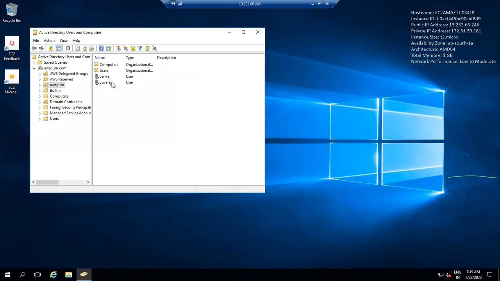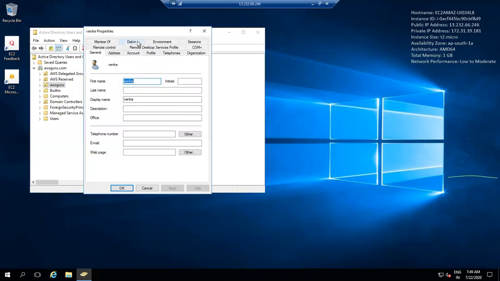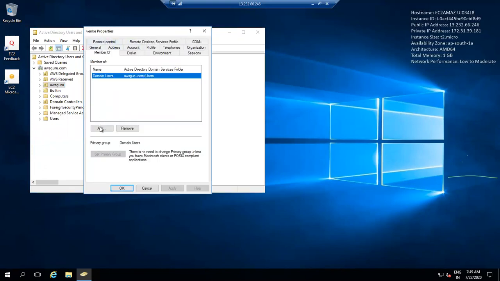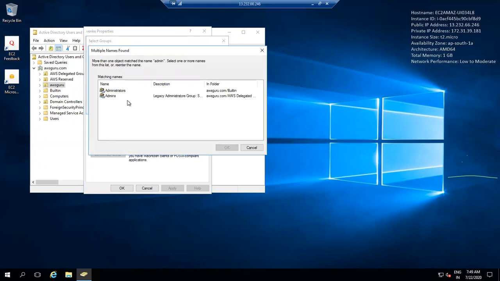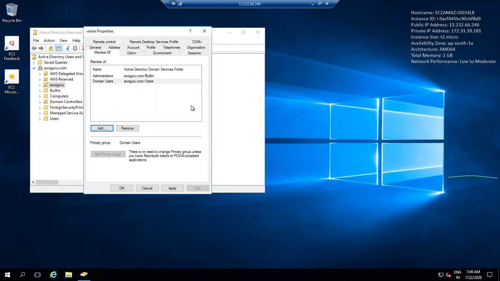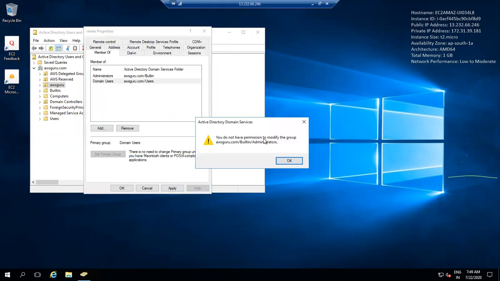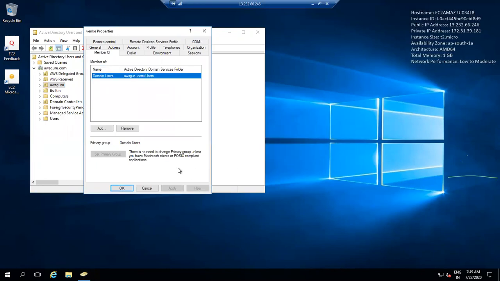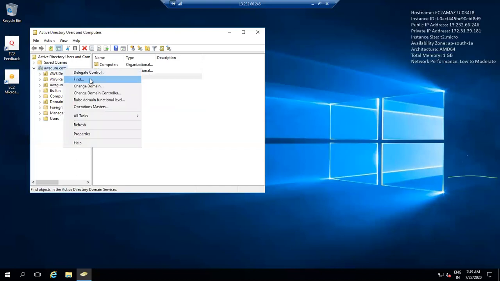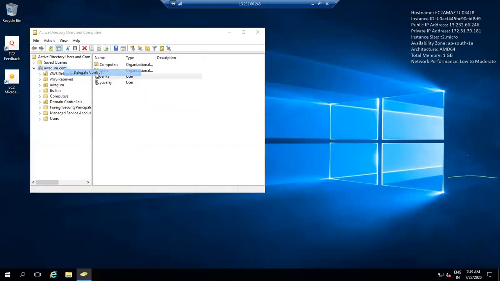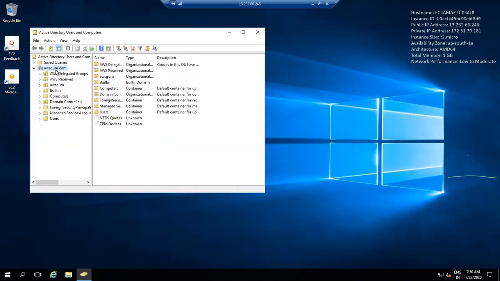Now, as you said, he wants to have administrative access, so I will add him to the admin member group. Let's see, delete. I don't have permission to delete.